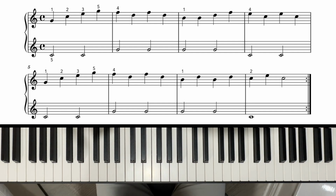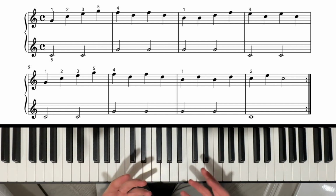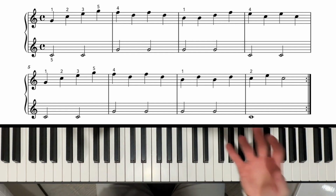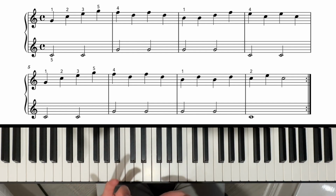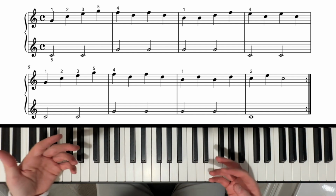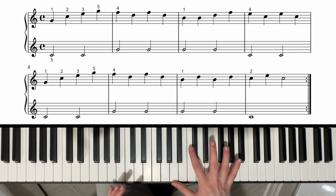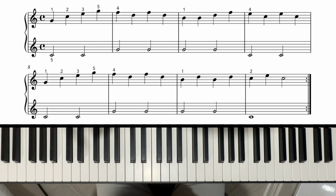Now, number 5 finally introduces something new as opposed to 1, 2, 3, and 4, because now we have quarter notes, or crotchets in Britain. We are basically having quarter notes and half notes in the left hand. The exercise is trying to solidify the relationship between quarter notes and half notes, so you can play 2 quarter notes for each half note in the left hand. The right hand is quite stretchy because we have some arpeggio-like patterns